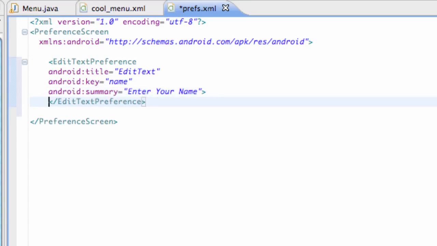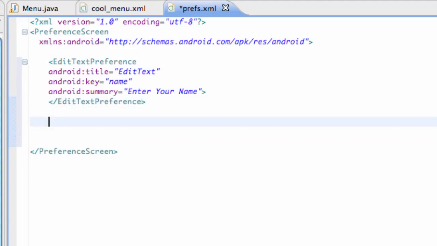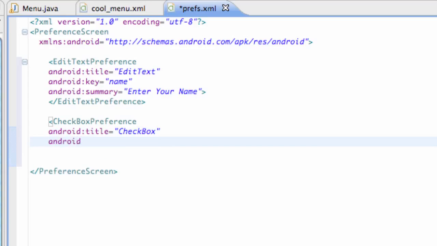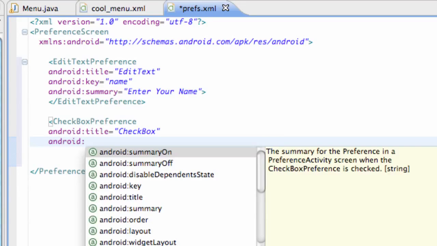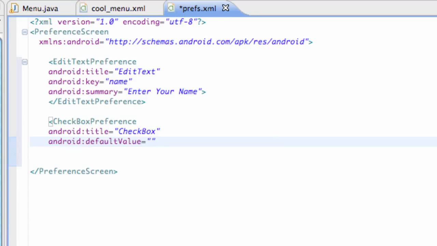Let's set up a new one. So let's go still within our preference screen overall, and then set up a checkbox. So checkbox preference, and we're going to say again android title checkbox, and android, we can set this checkbox if we want it to be checked when it starts or unchecked. So we're going to say default value, which is what it's going to start as, and we can either set this to true or false. So we're going to say true,